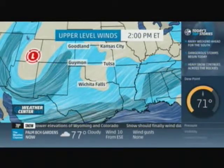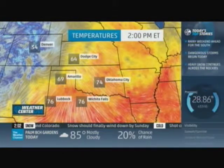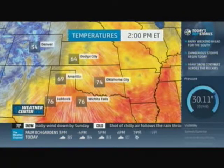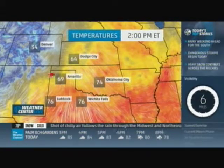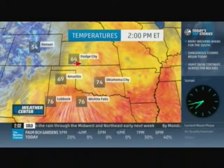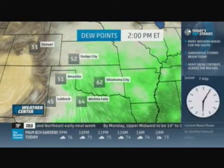So convection thunderstorm activity has already started, and sometimes what that does is limit the coverage of severe weather later on because it kind of robs the atmosphere of growing instability. We'll see if that is the case, but we have temperatures really in the 60s and 70s across this region. It's not really that warm at the surface, but it's pretty cold aloft, so that's why we have at least some instability in play already there now